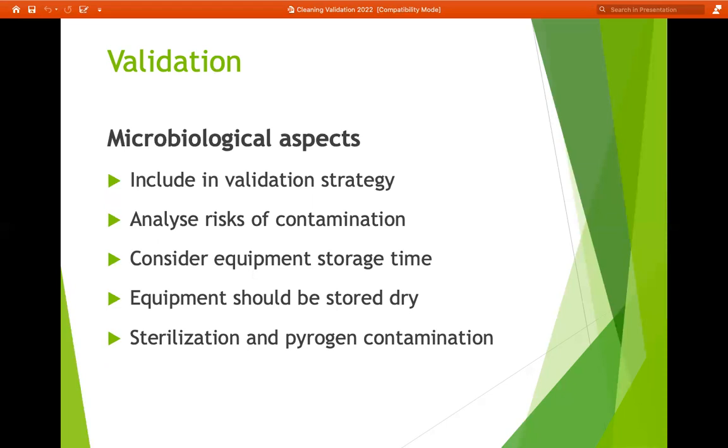So microbial aspects of the cleaning validation shall be included in validation strategies, analysis, and risk of contamination. Analyze risk of contamination during cleaning, also before cleaning and post cleaning. Consider equipment storage time. Equipment should be stored dry. Sterilization and pyrogen contamination shall be considered. Now this equipment storage time is the most important part in cleaning validation, because